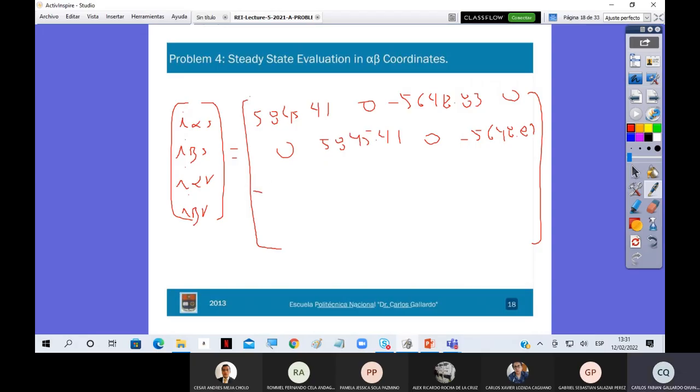Okay, next I will have 5,648.83. I will have 0, 5,845.41, and the next element 0. I will have 0, the element 4 by 1. The element 4 by 2, I will have negative 5,648.83. I will have 0. And the element 4 by 4, I will have